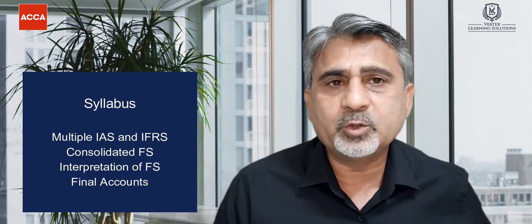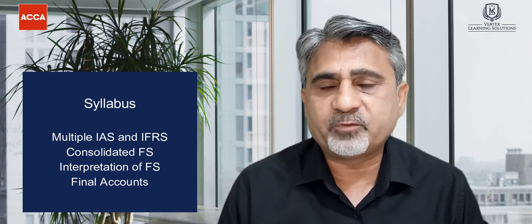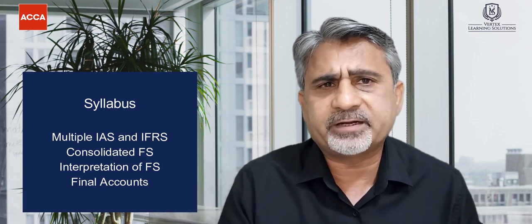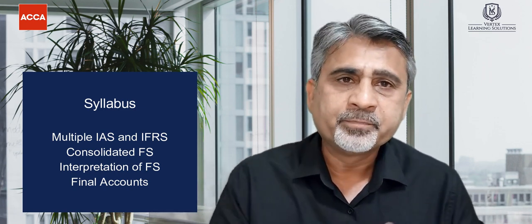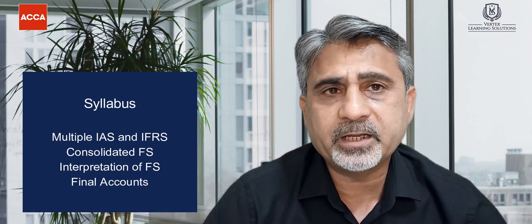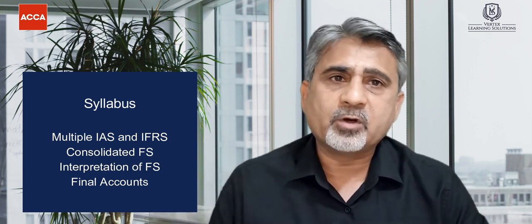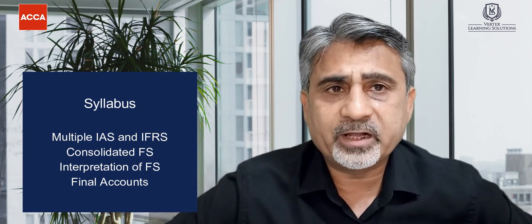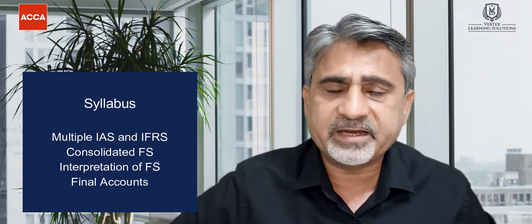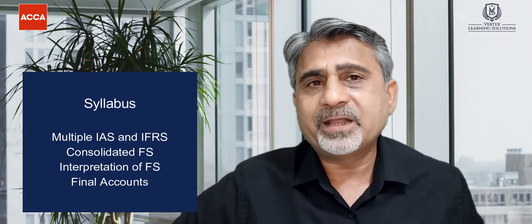But in F7, you will learn individual standards. For example, to start with PPE, which is called IAS 16, tangible non-current assets, property, plant and equipment. Then you've got IAS 38, intangible assets, IAS 40, investment property, IAS 2, inventories, and then you move on towards complex standards, IAS 12, tax, and IFRS 16, and IFRS 9, and IFRS 15, and so on and so forth. So quite a lot of standards you will have. Plus you will have